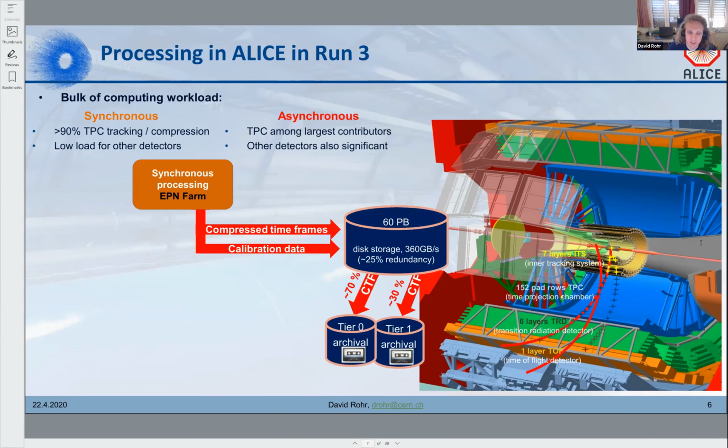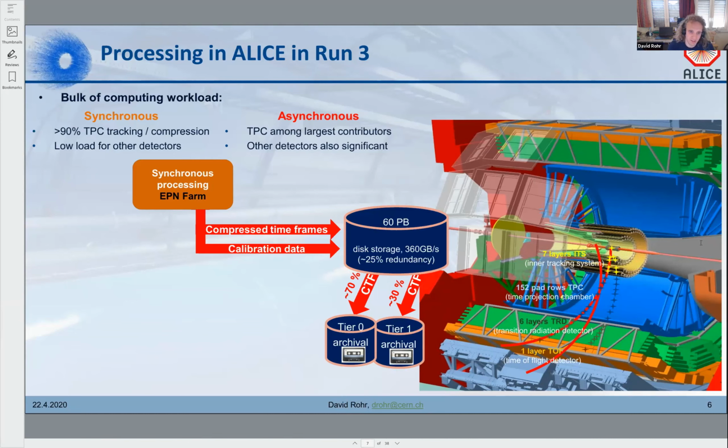Coming back a bit to the processing. What I told you before was the synchronous processing. So what happens during the data taking when there's a beam in the LHC. So we have the synchronous processing, which is synchronous to data taking and writes the data to the disk buffer and then to tape. But of course, there's also time when there is no beam in the LHC, and we would like to use this data center then